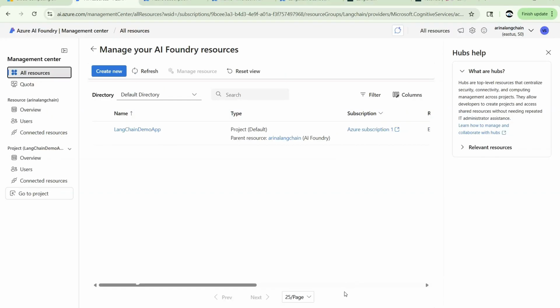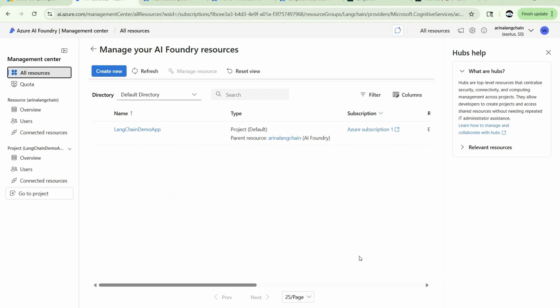Okay, now we saw how LangChain works. The API is required. And if you want, you can also enable tracing by setting up Application Insights and incorporating OpenTelemetry with a few lines of code. I won't get into detail of that today, but you can check out how to do it.